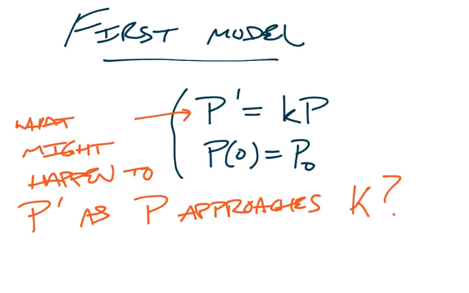So take a minute, pause the video. I want you to take a little while with this. Set yourself a 4-minute timer, all right? And think about what this population is going to do as it gets closer and closer to the carrying capacity. Just jot down a few notes about how you think it'll behave. It doesn't have to be mathematical in nature. It could just be sentences. Write down a little blurb about what you think this population should do, and then try to relate that back to how P prime might have to behave. So take a few minutes, maybe 4 minutes, set a timer, and then come back and resume.